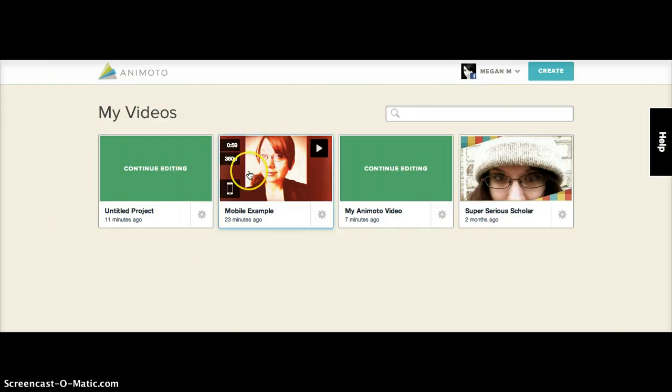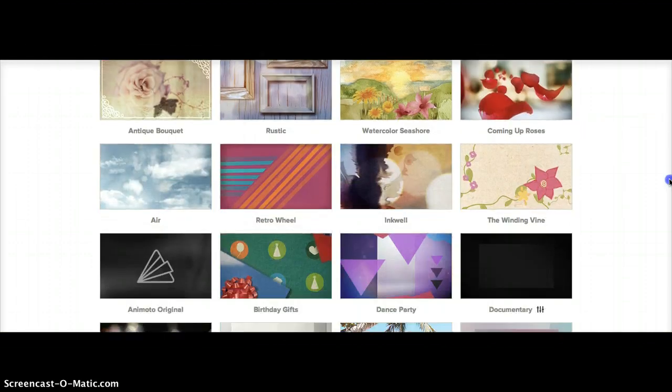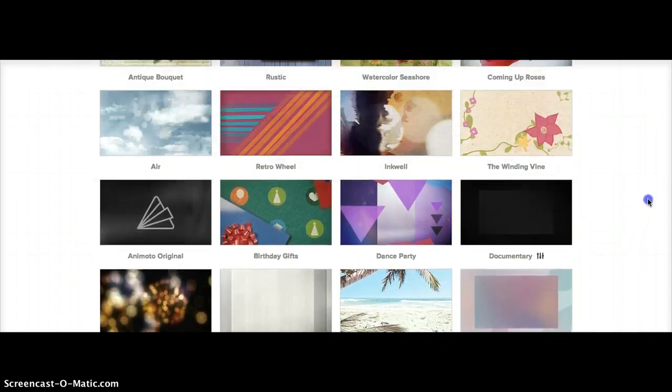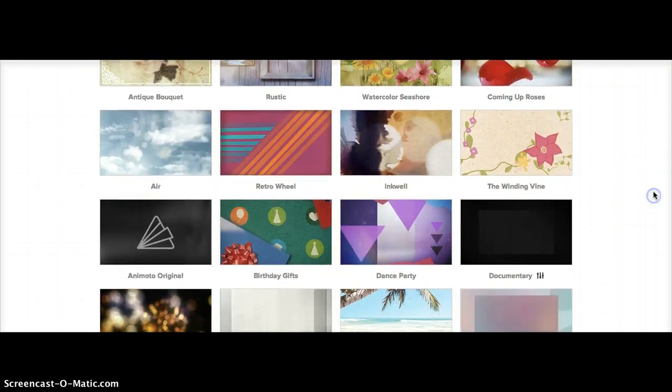So I created this on my phone earlier today, which I'll share with you tomorrow. This is one I made a few months ago as a demonstration. Both of these I've started on my computer. And if you wanted to create a new one, you go up to the top right and click Create, and you're going to select a style. Now I'm going to caution you here, if you're working on your desktop, I do not expect you to spend any money on this project. So when you pick a style,